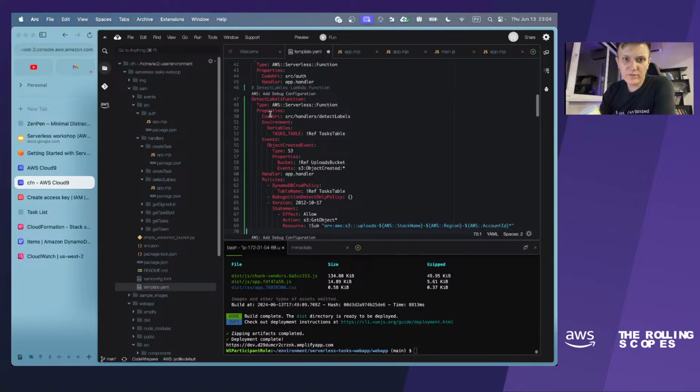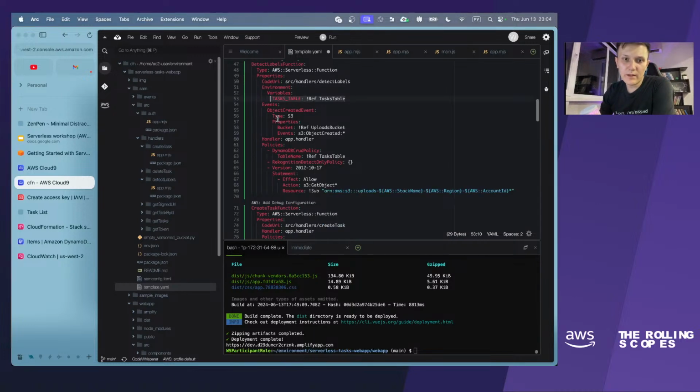So as I told before, here we have just a reference to the type of serverless function, which stands for Lambda function, actually, pointing to the code which should be uploaded to this Lambda. We reference the tasks table and put it as an environment variable, and we invoke this function once the object created event is fired by the S3 bucket.